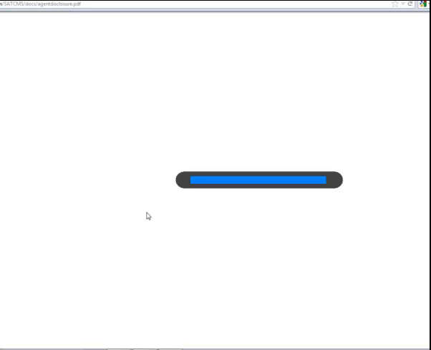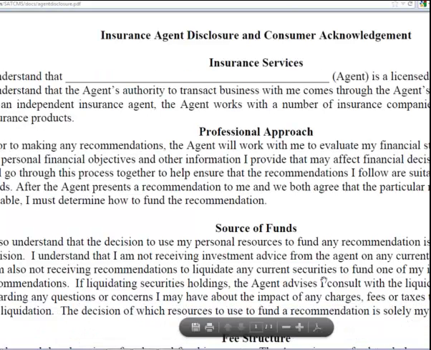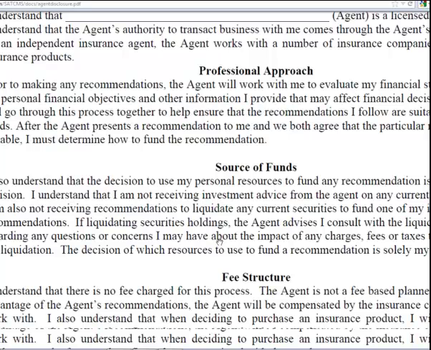If there's a source of funds issue, you're going to consult with your broker-dealer, get the money so that you can take advantage of a recommendation that I have made. The fees, how I'm paid, if you're paid on fees or not, who you are and who you are not. Like I said, I'm not an attorney. I'm not going to give you legal advice. I'm not going to give you tax advice. I'm not going to give you investment advice, and I'm going to tell you who you need to talk to